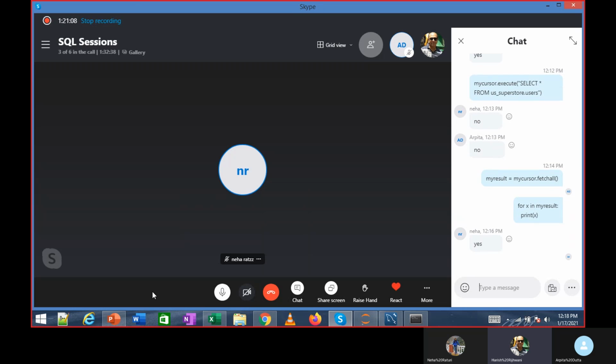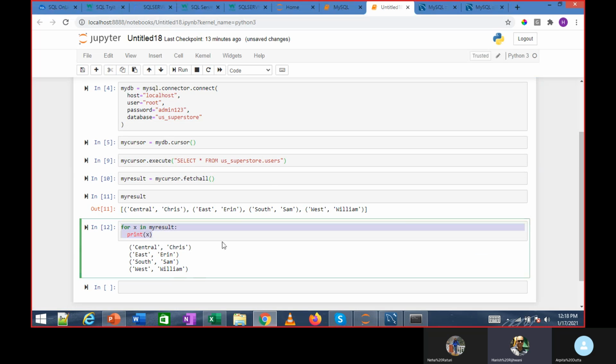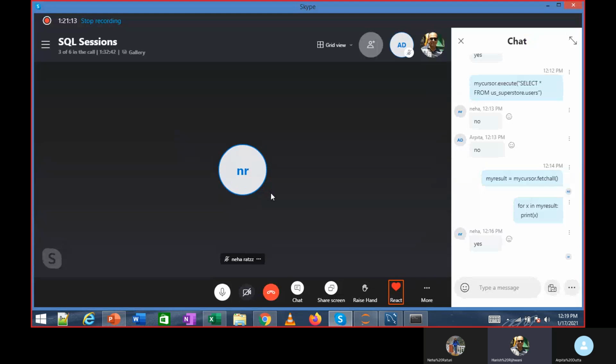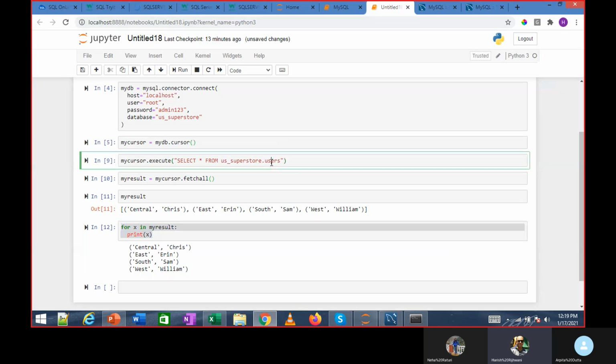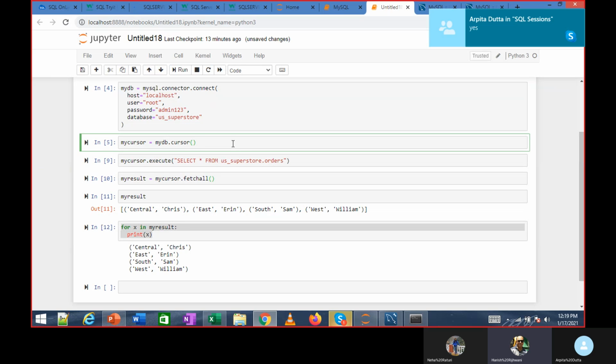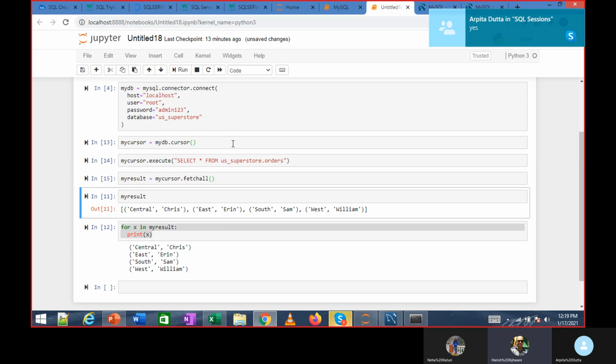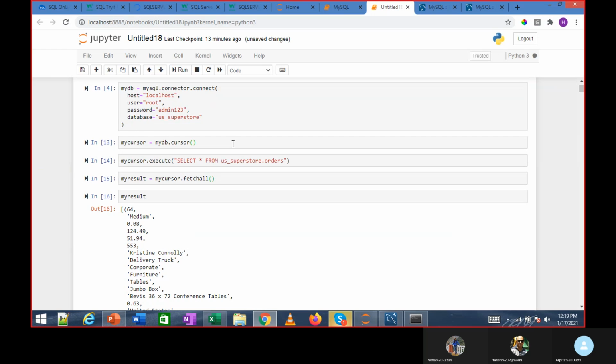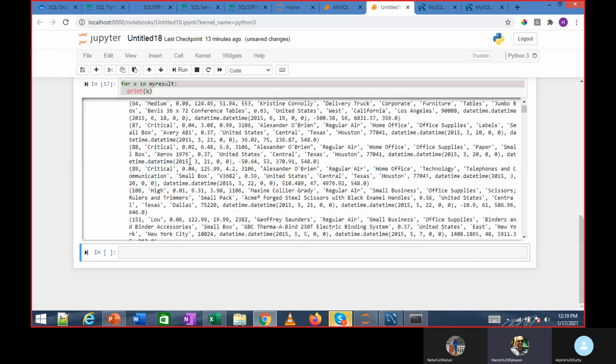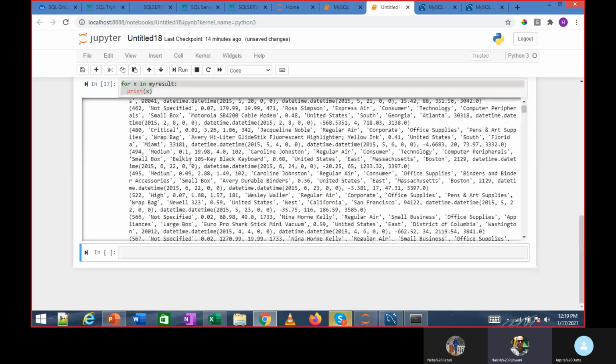Great. Arpita, you also got the output. You can change this users to orders and try it again. You can change the users to orders, and you notice you get the entire data like this.